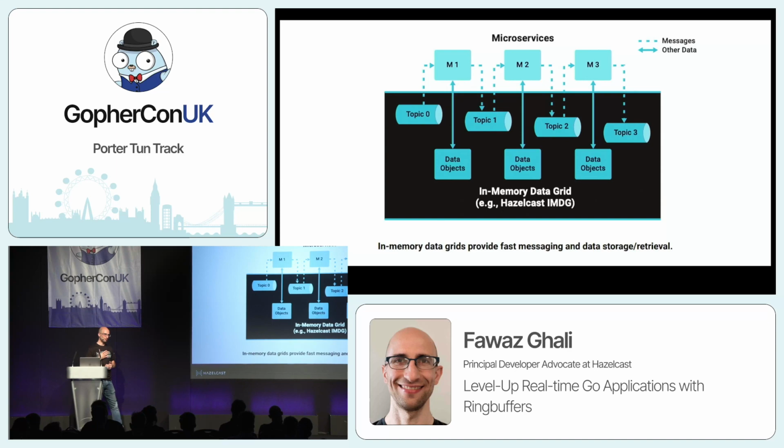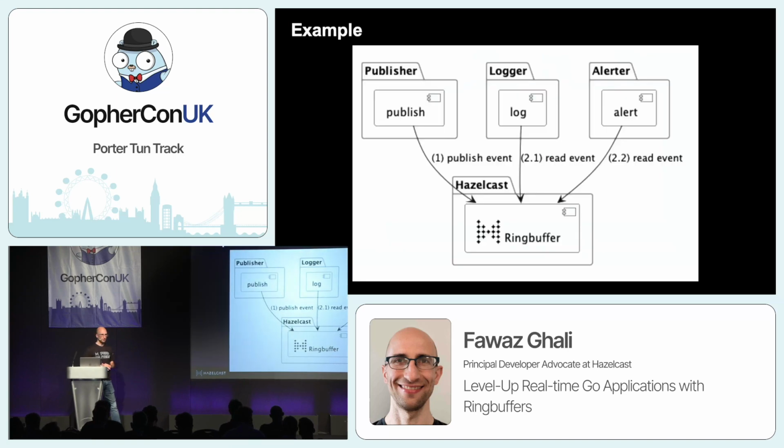I'm going to use microservices architecture. You don't have to, but it becomes easier when it comes to putting your application into production. In my case, I'm using the ring buffer from Hazelcast, and I have 3 microservices. I have a publisher, which sends events. Then I have a logger, which logs every single message. And then I have alerts, which sends alerts on a specific condition. All these are connected to one single ring buffer. Now, in order to define the ring buffer here,